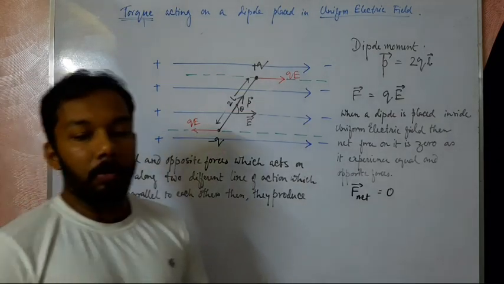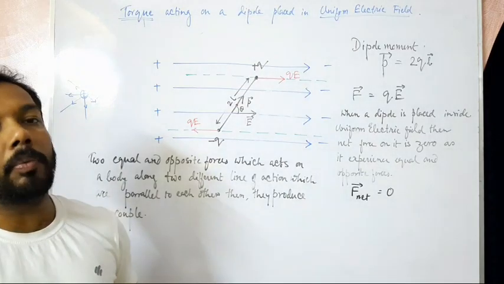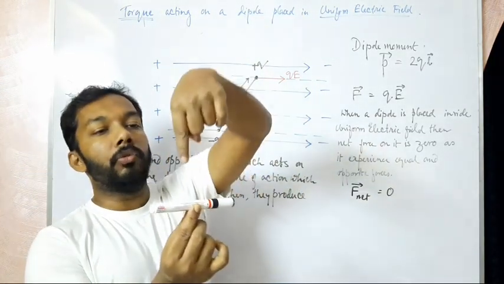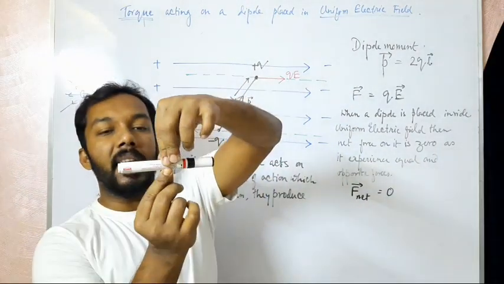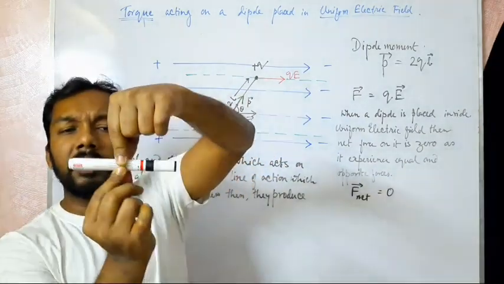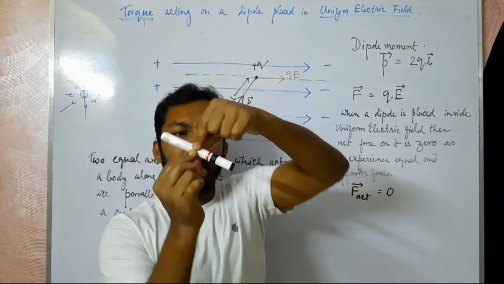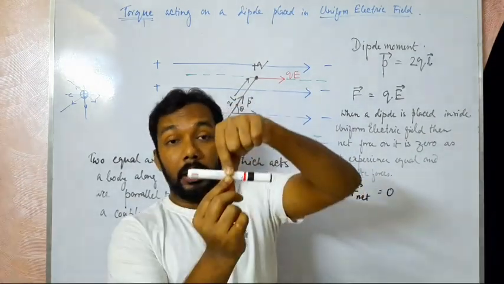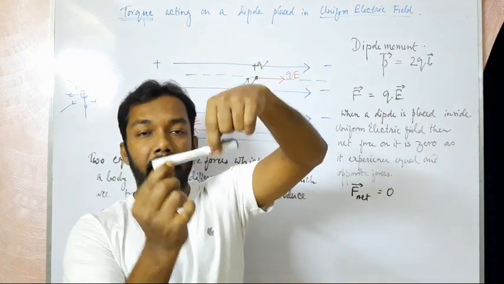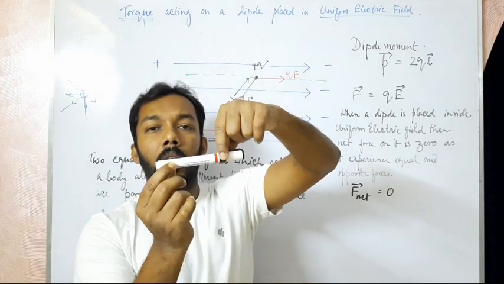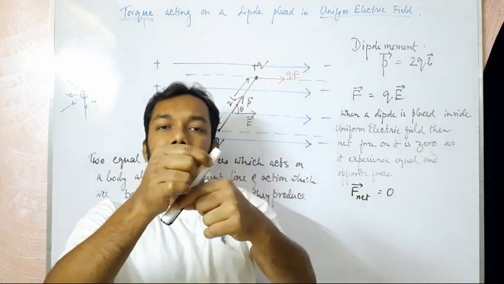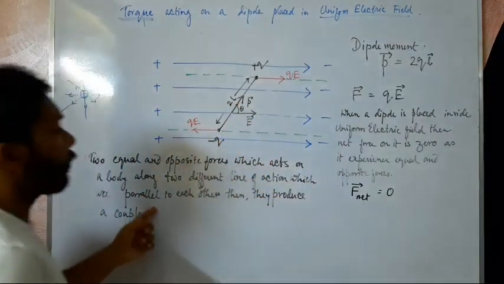You know, whenever equal and opposite forces act on a particular body, suppose these are two forces, one downward, one upward, acting on a body along the same line of action, then the total force is zero, the net force is zero, it will not move and it will not rotate also. But if we change the line of action of the forces and make them parallel to each other, what will happen? It will not make any translational motion, but it will tend to rotate because of that couple.